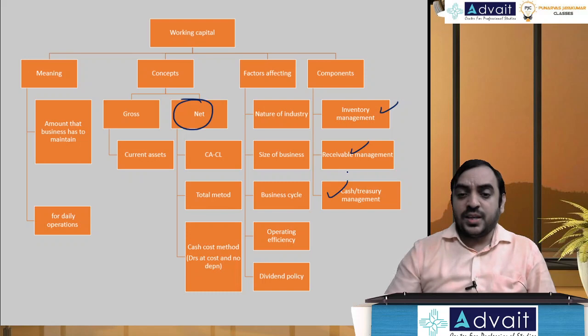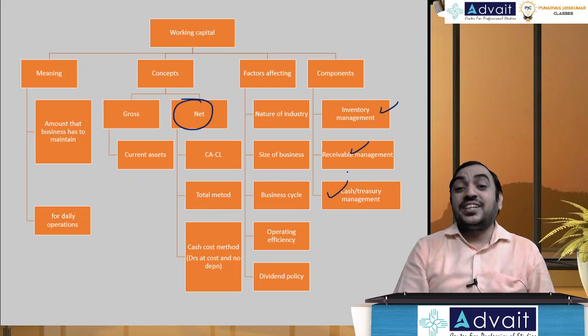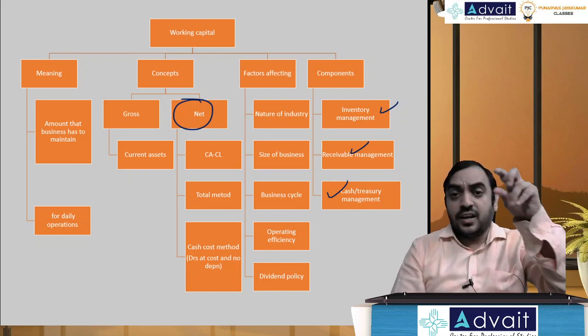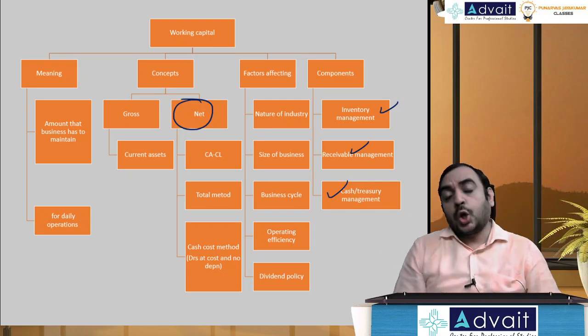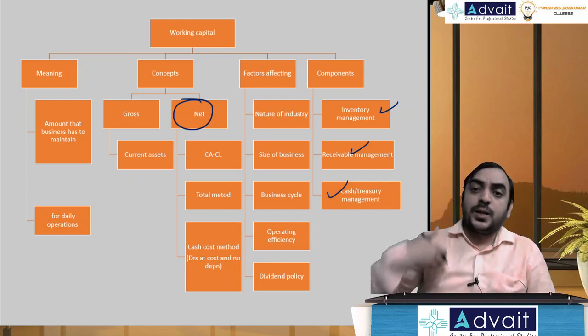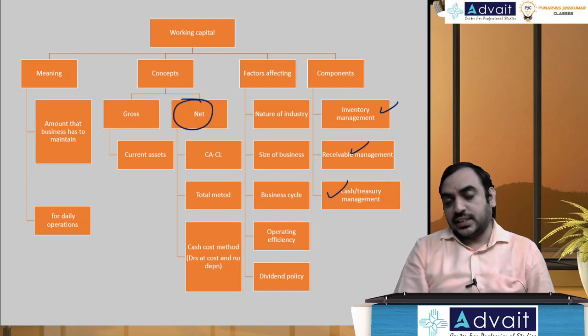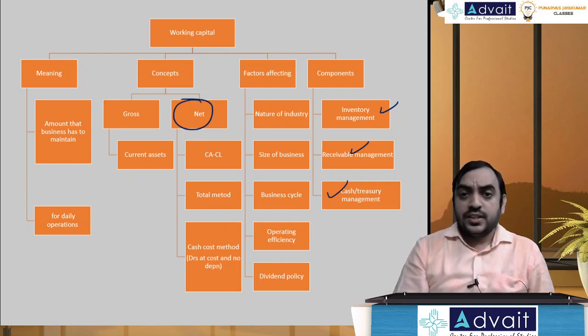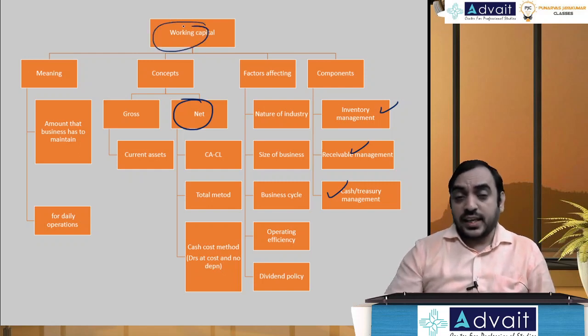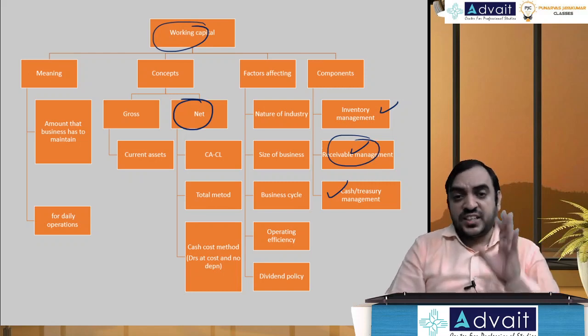Now, cash or treasury management is basically cash budget preparation, opening balance, receipts, payment, closing balance, and this closing becomes opening for next month, next year, and so on. So this is purely budget preparation, no formulas as such. So I will focus on solving problem on working capital overall and problem on receivable management, which is frequently asked